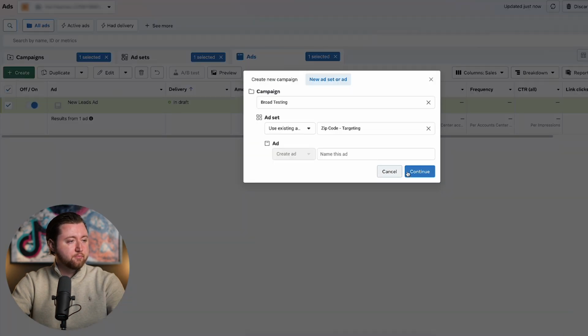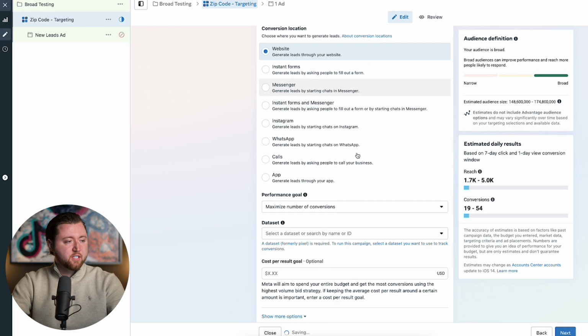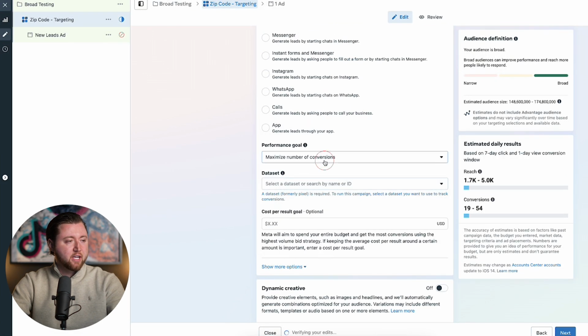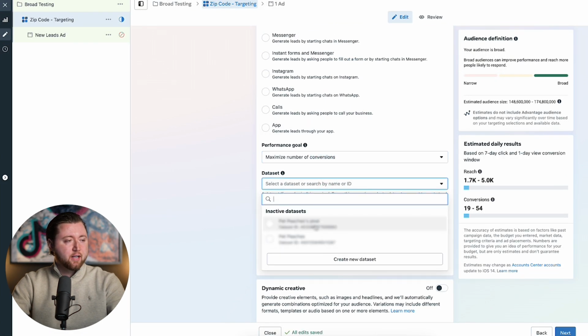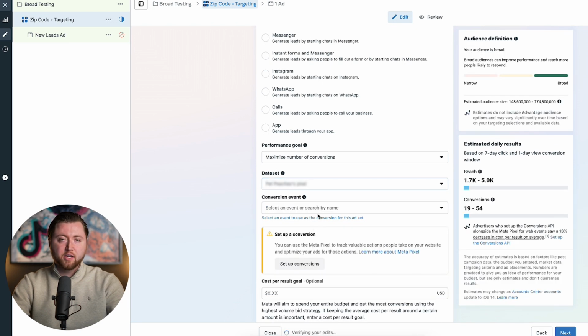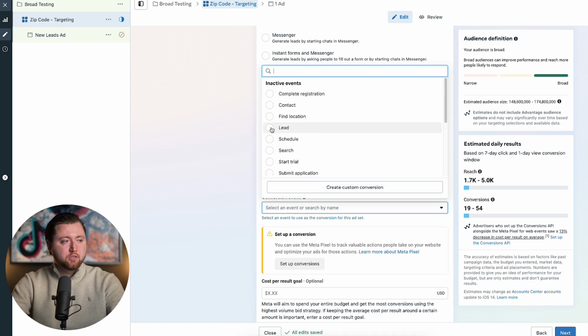We go back to create, and we'll edit this ad set and we'll choose website. So instead here, what we do is we'd maximize number of conversions. You would have set up your Facebook pixel. This is where you actually place your pixel tracking on your website, so that way you can track your forms. You would use the event setup tool to make sure that leads are firing as an event. That essentially just lets Meta know that whenever somebody submits a form on your website, you actually capture that as a lead. And then you would choose lead, but you want to make sure it's under active events, not inactive